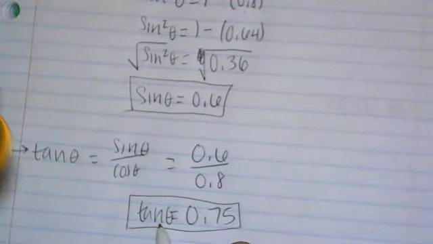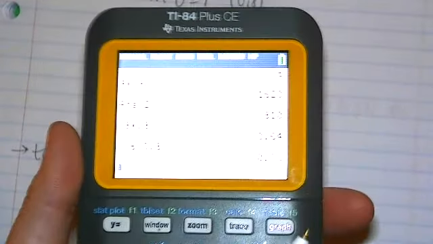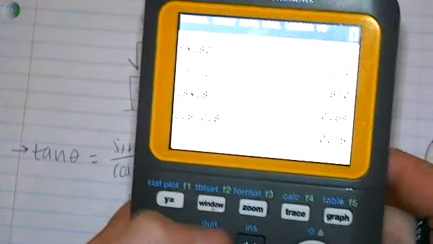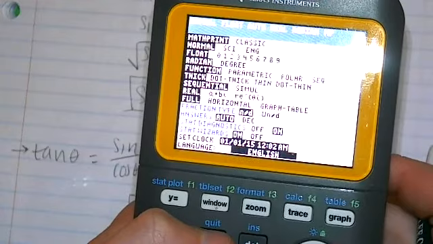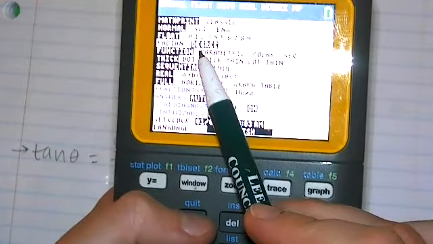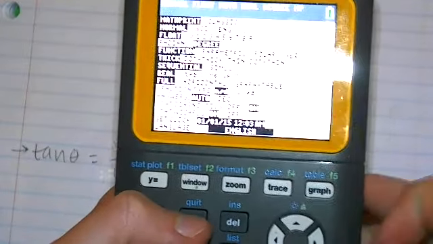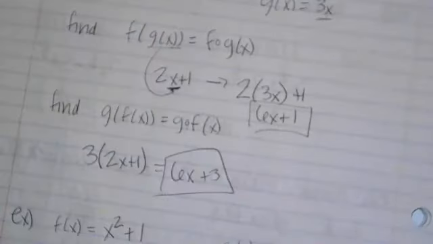One thing I do want to point out, if you are going to try to put this into your calculator, let's say you want to know what that value would be, just make sure if you're doing anything with degrees, meaning it's a degree, not a radian, so it doesn't have pi in it, you want to go to mode and put your calculator over into degree. See how I'm flashing over degree right here. You would want to put this in degree mode if you're working with degrees. I'm going to put it back into radians because I've been generally working with radians. All right, let's do